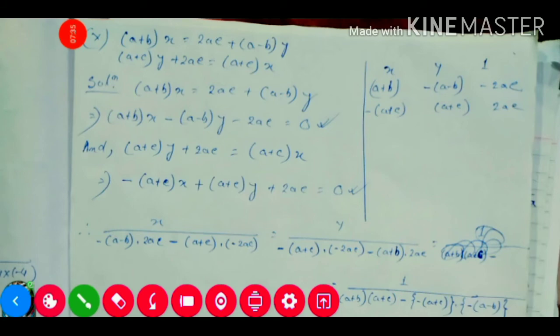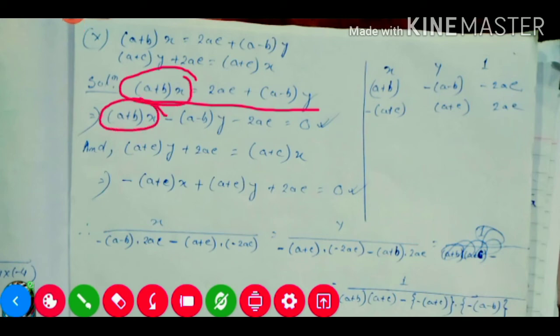After question number 8 and 9, now we will do the next question, the last math question in this exercise, number 10. So equation number 1, a plus b into x is equal to 2c plus our a minus b into y. So here this is our x value, this one is our y value and this one is our constant. So we will shift this. This equation we will write first here, then x first we will write here, then y need to write. So y here before plus, so on the left hand side it will be minus a minus b into y. Then plus 2ac, this will be minus 2ac is equal to, on the right hand side nothing remains, that means 0.